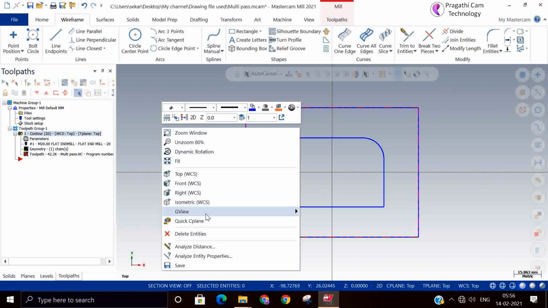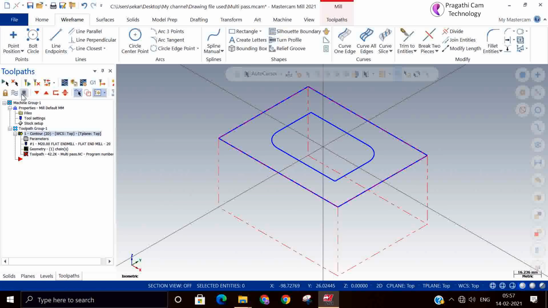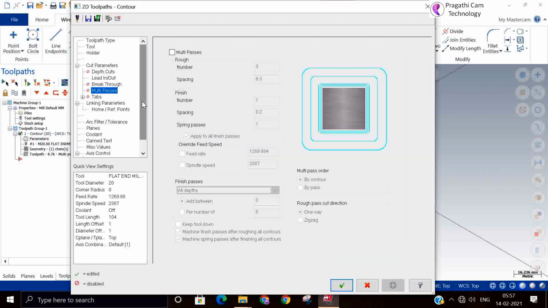But we'll try to show that in this small job only, how it is working. Suppose you have held this job by a strap clamp. So how is this going to work?